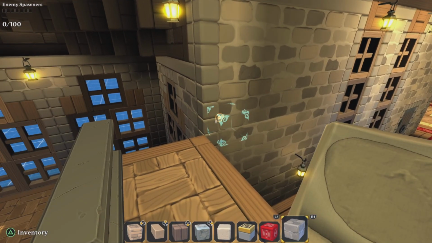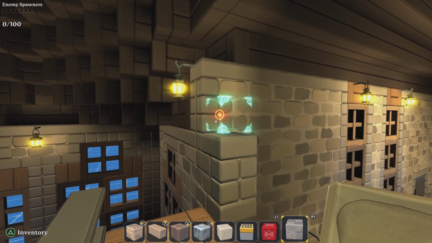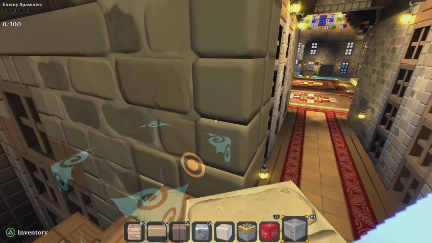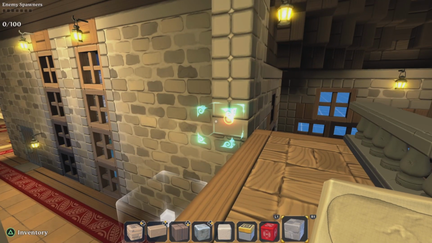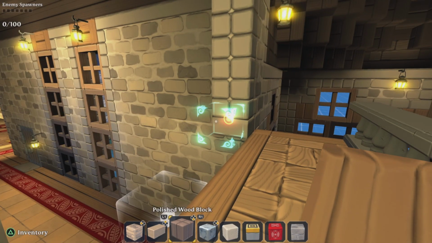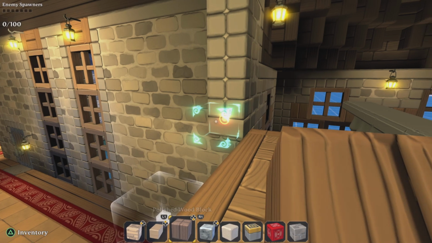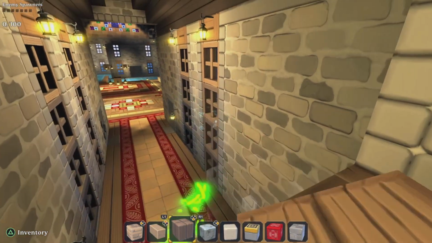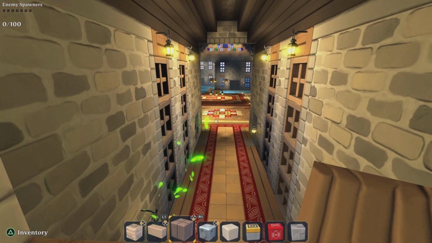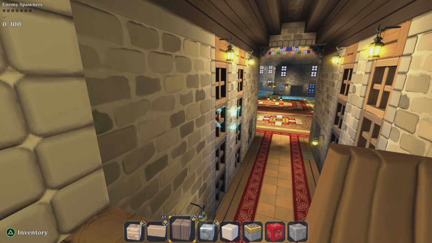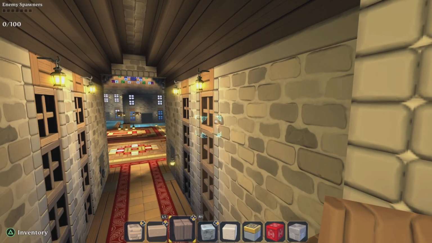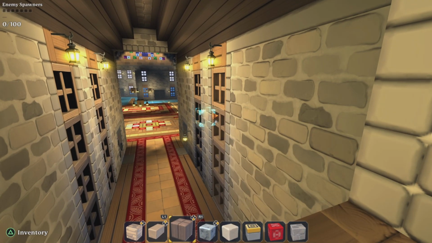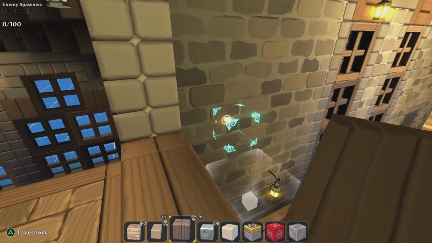This is our little door frame, as well as making a little small, I guess you could say it's sort of a lip to the hallway. And you are going to then take the polished wood block and then extend it this way. Now the reason why we step up over here is because we want to make it match the window. We want to have one window exposed and the rest down below not. So we're going to just outline